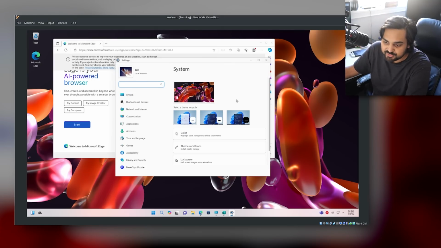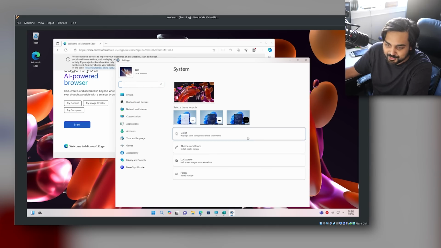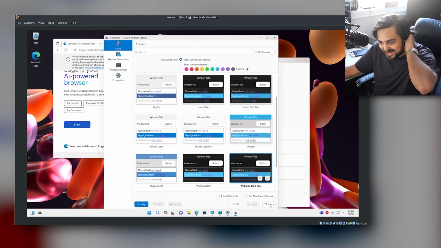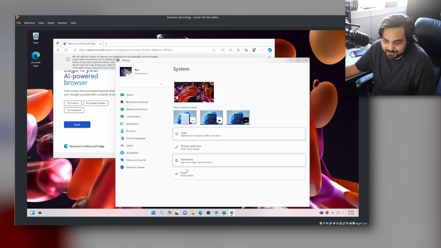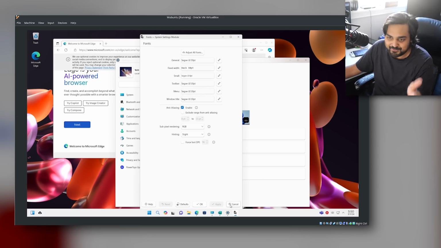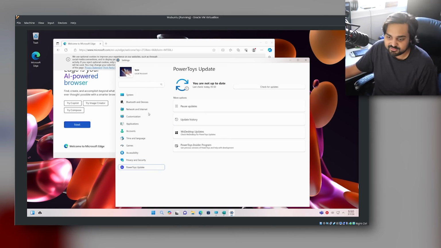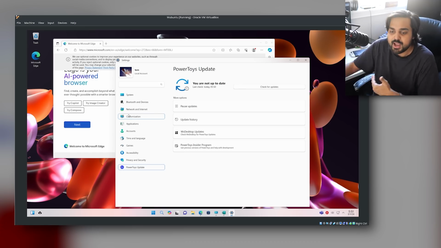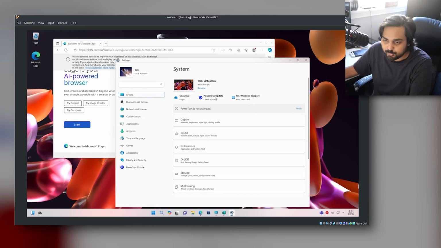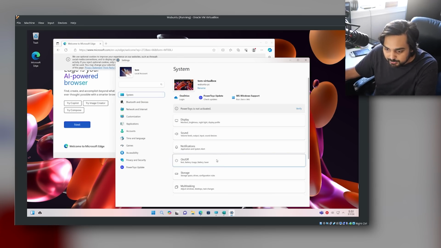Yeah, this is a specially branded version of the system settings right over here, which obviously reflects, they kind of have it matching as close to the control panel. But obviously, if you click on any of these things, instead of actually going to a different page in this specific section, it opens up a corresponding settings tab in the KDE manager. So again, it only goes so far. It's something known as Power Toys, which I guess is like a UI thing they've designed to make it match as close to Windows as possible. So of course, over here in the settings, if you showed this to somebody random, they'd probably think, yeah, goddamn, this is like Windows 11, but it's not.